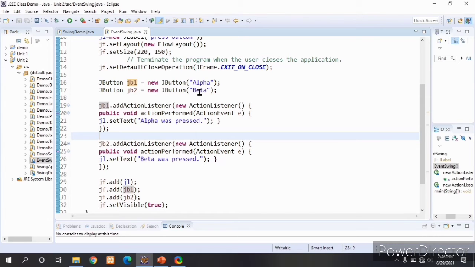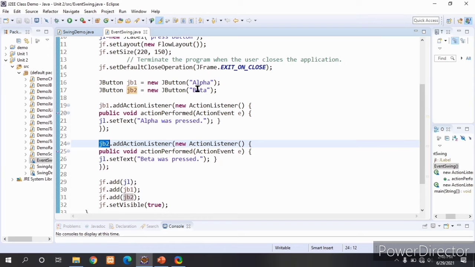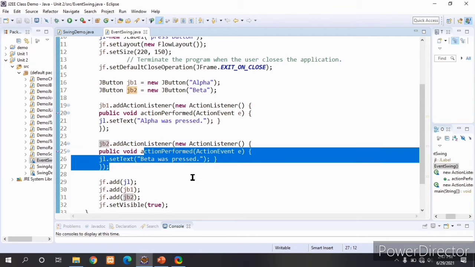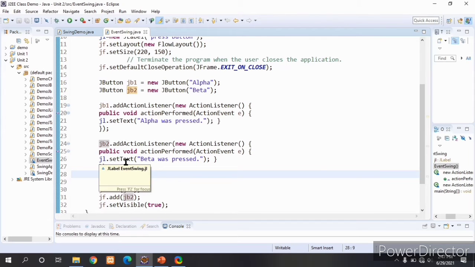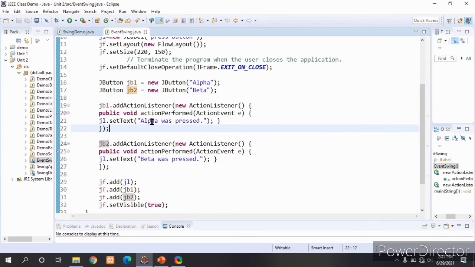That event should be handled, right? For that purpose I am registering JB2, that is the beta button, with the action listener. When I click on the beta button, it will call this actionPerformed method and the JLabel text is set to "beta was pressed". When I click on the alpha button, this actionPerformed method will be called and the label text will be set to "alpha was pressed".